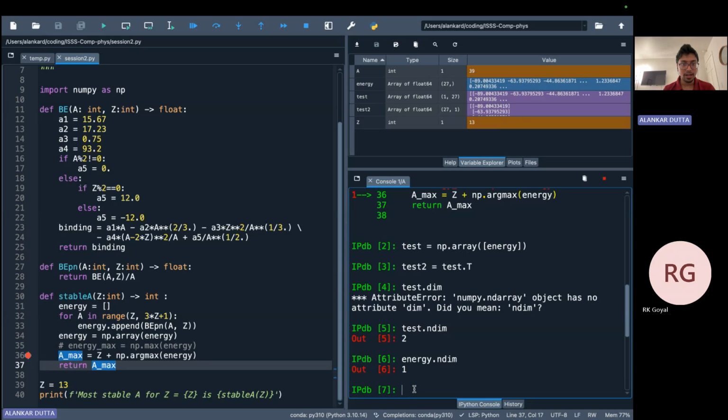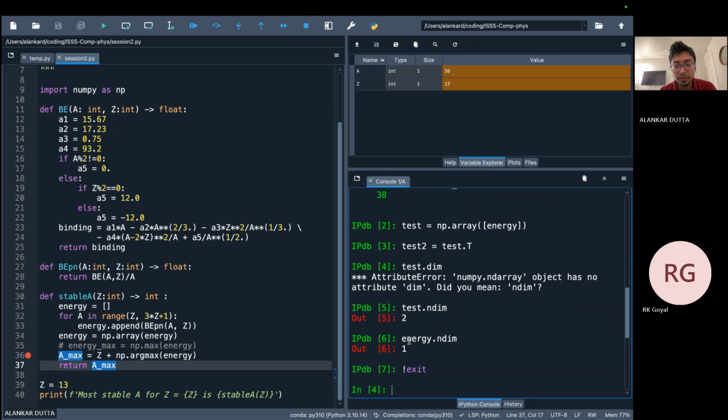Yeah, so I hope this is clear, is it? Okay. Let me then stop the debugging and let's move on to the next part of the same question, which says